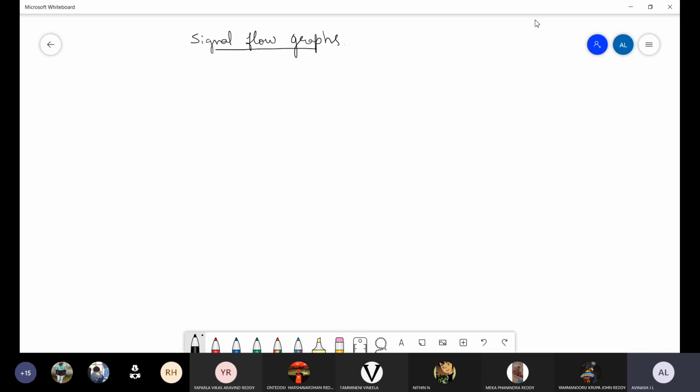So now, just to brief about what do you mean by signal flow graph? It is something like the block diagram. When you compare the block diagram and signal flow graph, you have studied the block diagram. What does the block diagram indicate? It indicates how the system is represented in terms of blocks, how the signal is flowing, what the feedback is, and if you want to find out the transfer function of it, how to find it out. All of these things you have studied.